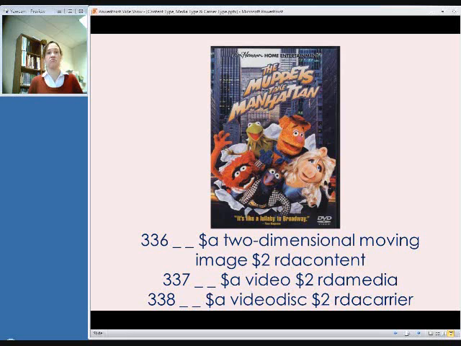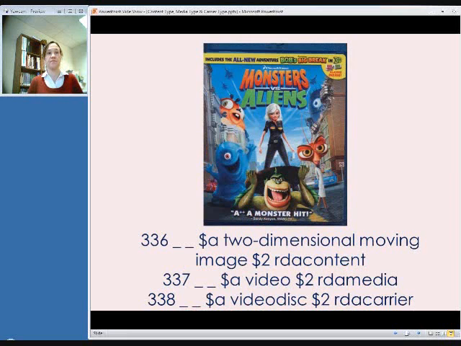All of the element terms themselves go in subfield A, and subfield 2 is used to specify the source where these terms came from: the list of RDA content terms, the list of RDA media terms, and the list of RDA carrier terms. For Blu-ray, you'll notice that the terms for the elements are exactly the same, so it still doesn't really necessarily solve the problem of the GMD and the SMD not being extremely specific as to what our patrons are looking for.